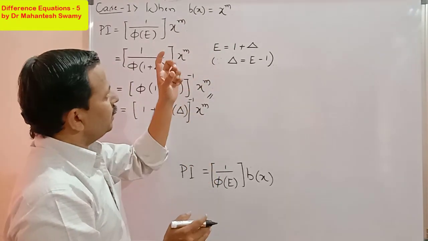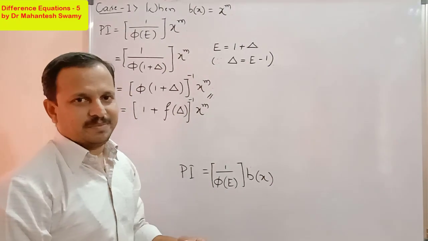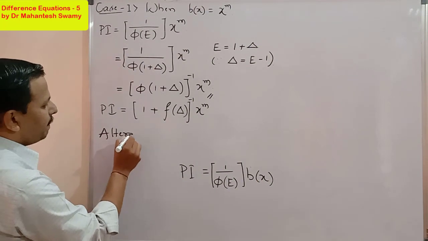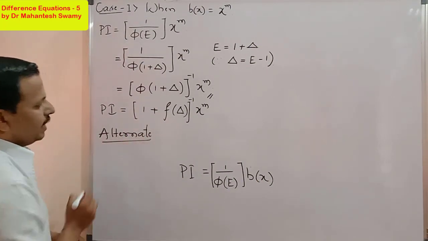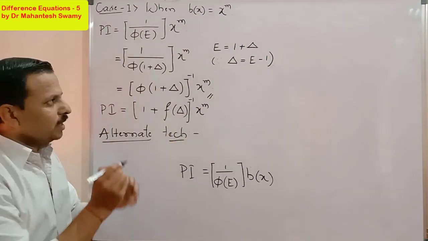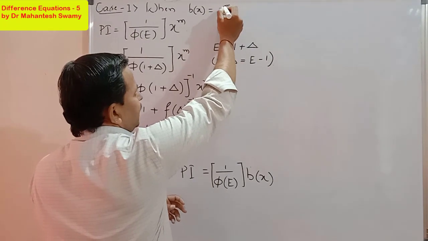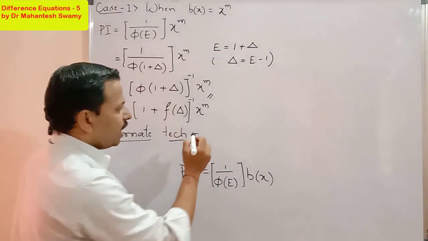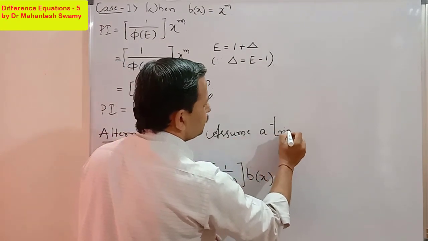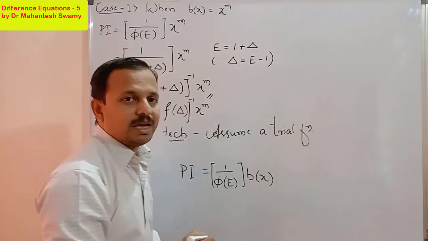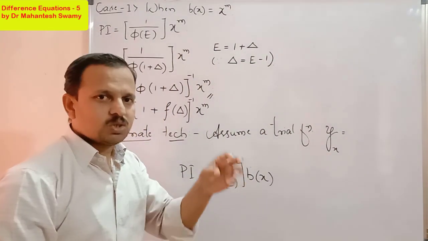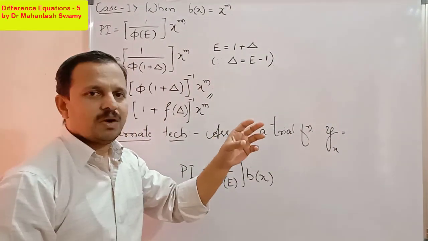Alternatively, we have one more technique. What is that? I will tell you. This is the alternative technique. If it is a polynomial function of degree m, we have to assume a trial function. We know that y of x is the unknown, so we have to assume the trial function y of x